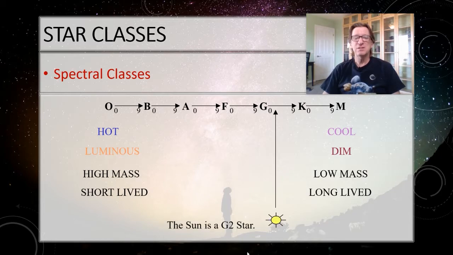All right, our sun is a G2 star. So we're pretty much an average star. There are not actually very many of these O and B type stars simply because they don't live very long. The most common star is actually going to be an M-type star because they live like forever, longer than the universe has been around. So we're kind of right here in the middle of it.